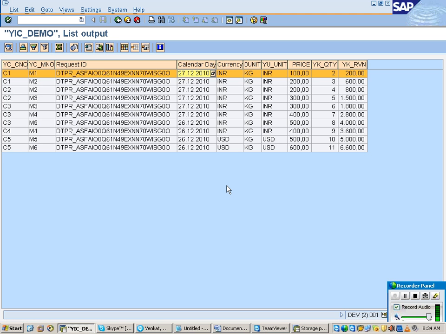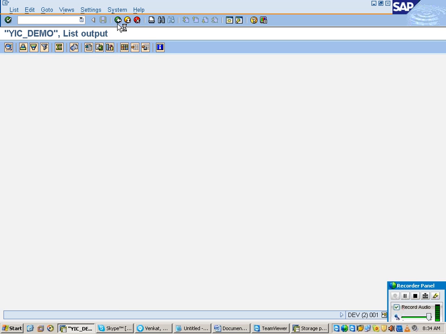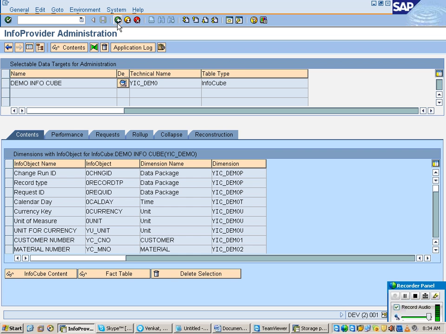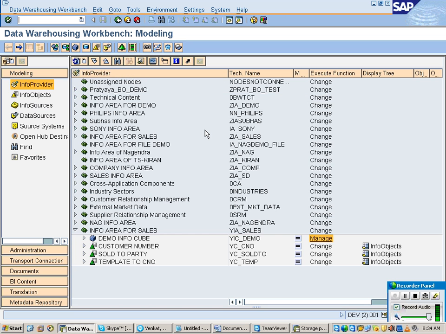Now this file I want to load into my info cube. Once I load data into the cube, what should happen? The value 2 should be changed to 5 and the new transaction has to be updated. Just observe what happens. Now everything is ready. Cube is ready, data source is ready, transformations are ready. Only scheduling is left. Scheduling is from where? The info package. So now I am going to my info package.